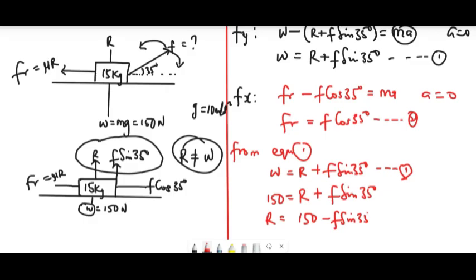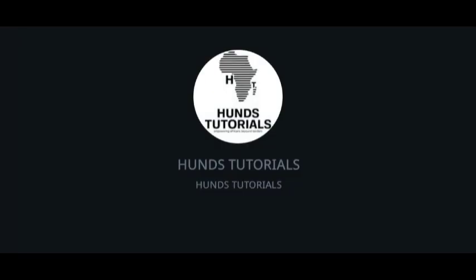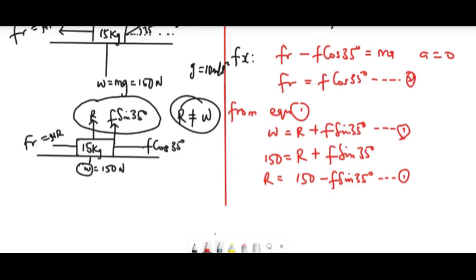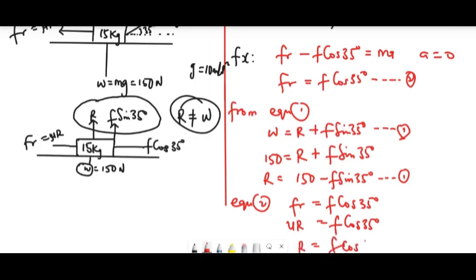35 degrees. So this would be my equation 1. For me to get my equation 2, equation 2 is telling me FR equals F cos 35 degrees. That's my equation 2. So FR is still the same thing as mu R, F cos 35 degrees, right? Make R the subject. So we have R equals F cos 35 degrees,